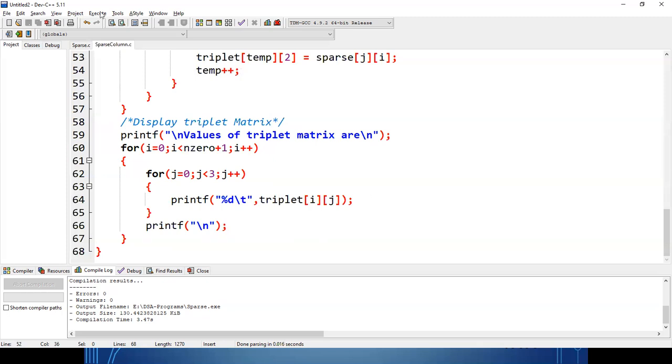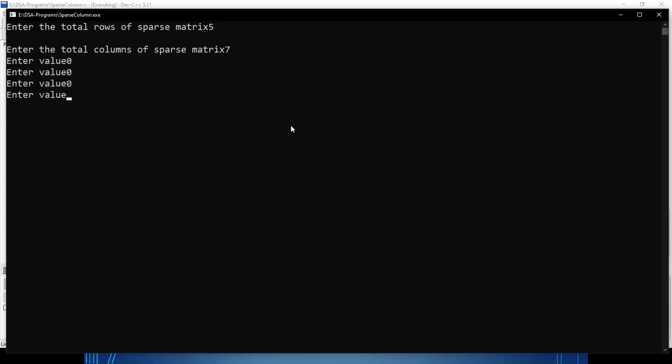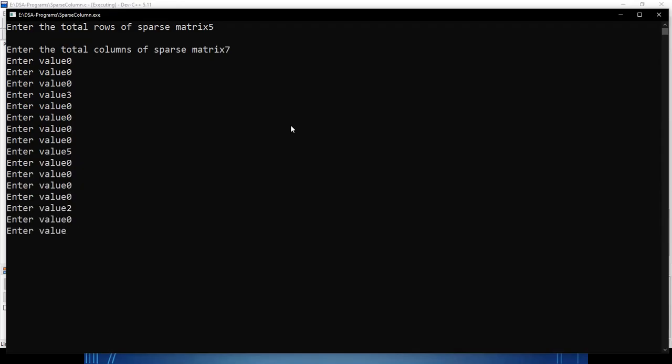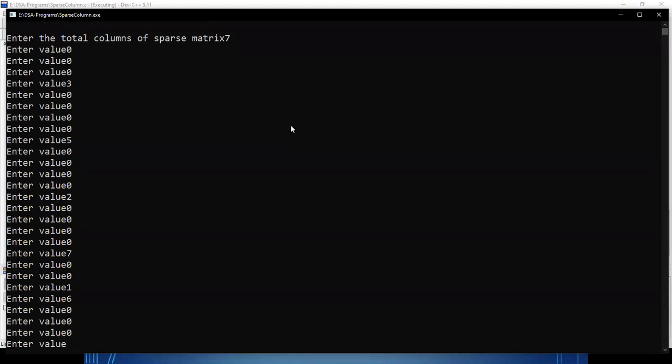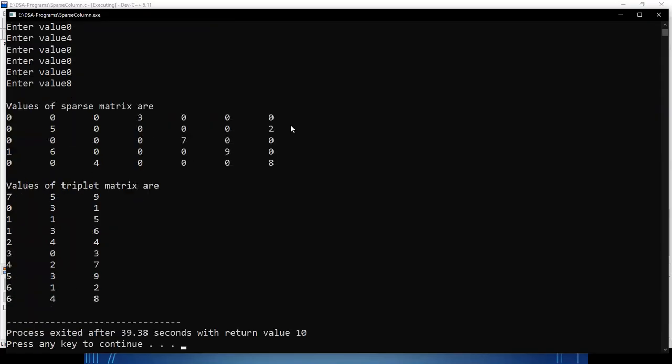So sparse column. Let us execute this one. So the total number is 5, and here it is 7. So 0, 0, 0, 3, 0, then 5, 0, 2, 0, 0, 0, 7, 0, 0, 1, then 6, 0, 3 zeros, then 9, double 0, triple 0, 4, 3 zeros, 8.